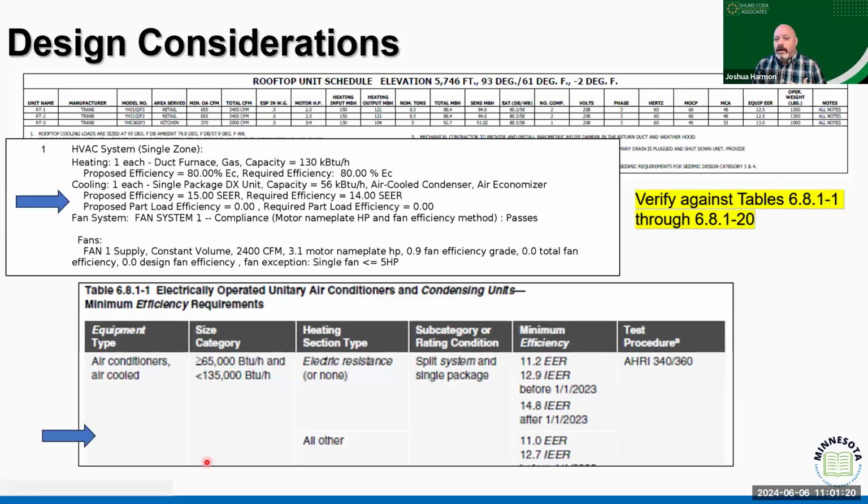Same concept with the cooling, right? I'm looking at a cooling system that provides me with 56,000 kBtu. I'm looking, oh, I grabbed the wrong one. So I'll be looking at that value, comparing it to what would be the appropriate size, which in this situation, I'm going to be looking at the wrong size. And then I can verify that, well, these minimum efficiencies, does that match? And then we can verify those things.